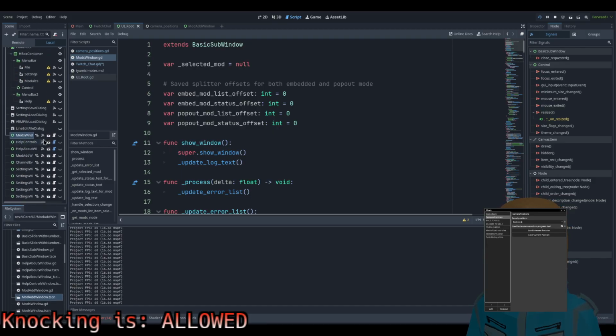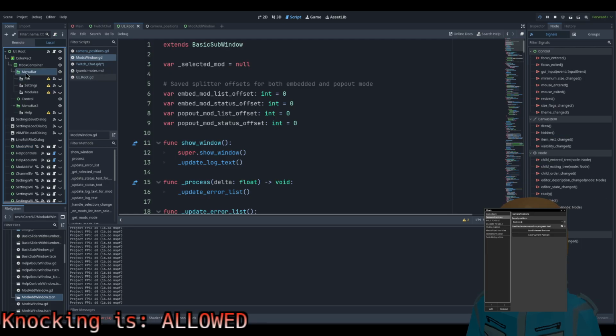I have a different idea. These are all pop menus.